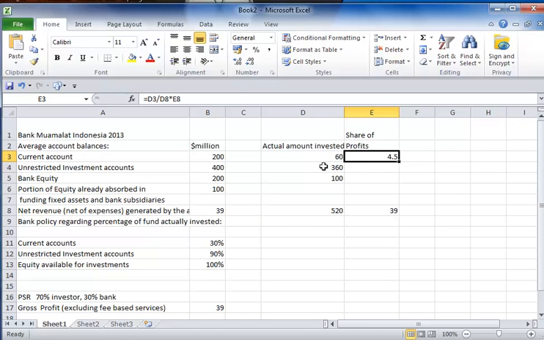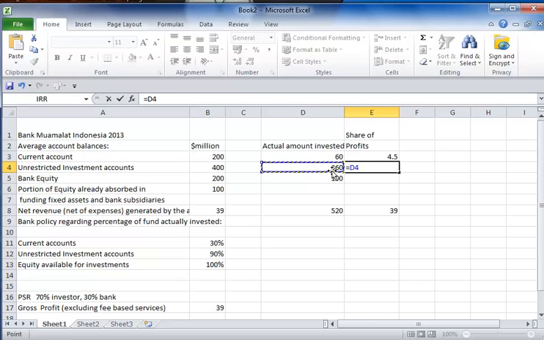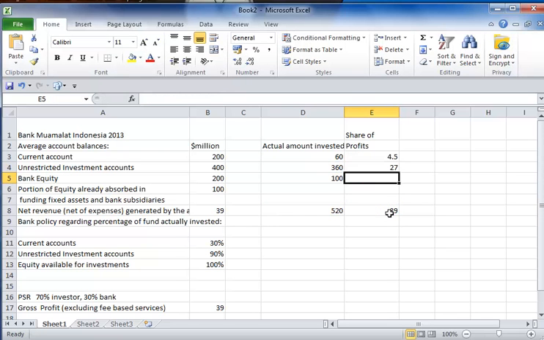Now this one is sourced from current account deposits, although it doesn't go to them, because current account deposits in an Islamic bank do not get any return unless you want to give them a hadiah. Alright, now the unrestricted investment account here is 360 out of 520. That is the proportion, and you multiply that by the 39 million profit, you get 27 million. And finally, for the current